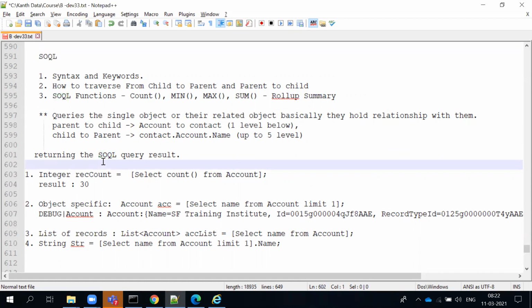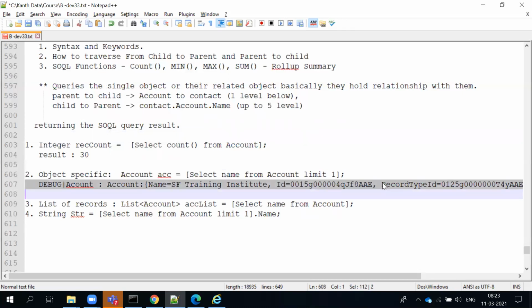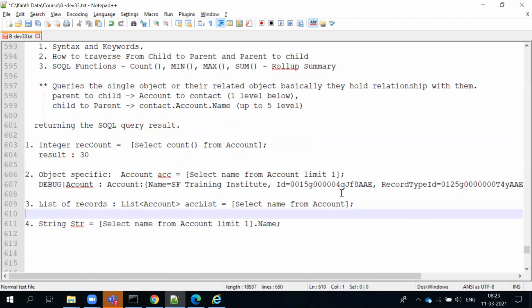So we have found the ways a SOQL can return results to you. If you just get the count of account, it returns an integer. If you do an object specific query, let's say select name from account, we get object specific records like this. But if I wanted an individual component of this, let's say the name or the ID, then you can have a return type of string like this. So when I do select name from account,